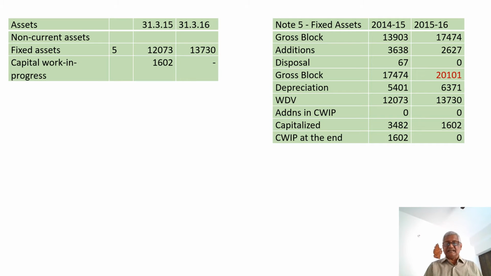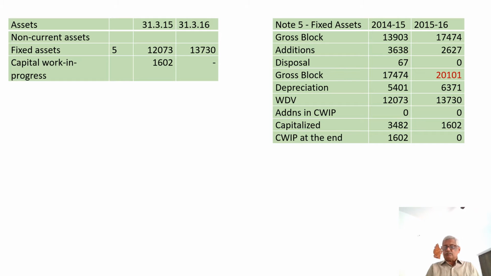When you go to the asset side, the fixed assets breakup is given. If you look, the gross block has increased from 139.03 crore to 174.74 crore. That means there is a substantial investment in the fixed assets. So we need to understand the source of funds. What is the source of fund which helped the company in making this investment to the extent of 174.74 crore, and they have added